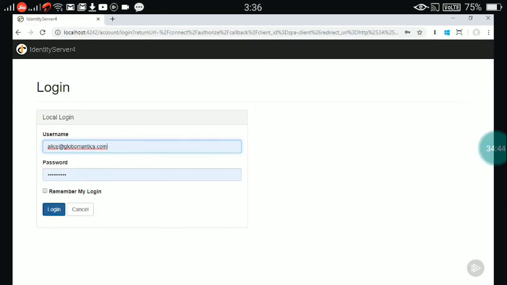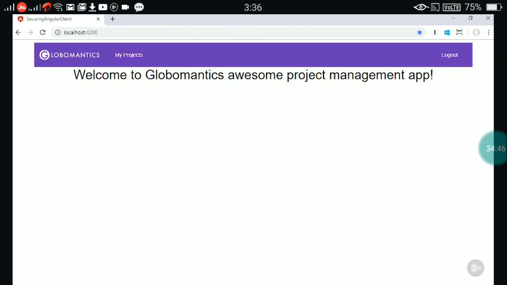Once I enter my credentials and log in, we get redirected back to our application. Now you can see the menu bar has updated with actions to go to our projects or log out. If I log out with that account, I actually get quickly redirected back to the identity provider,